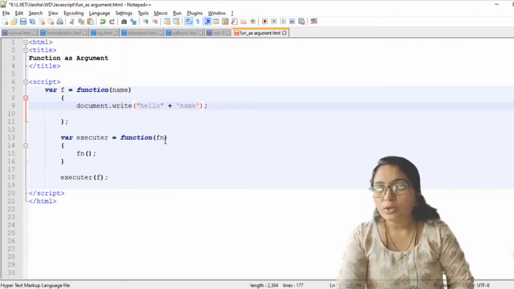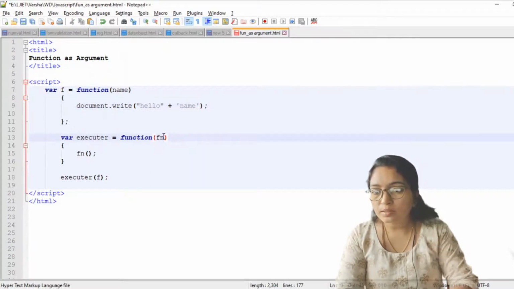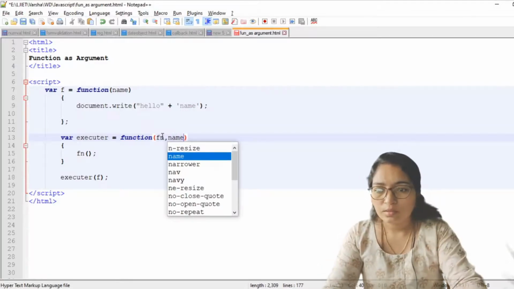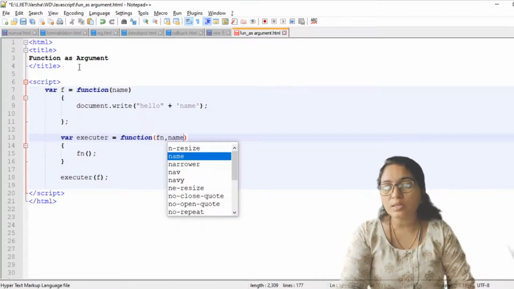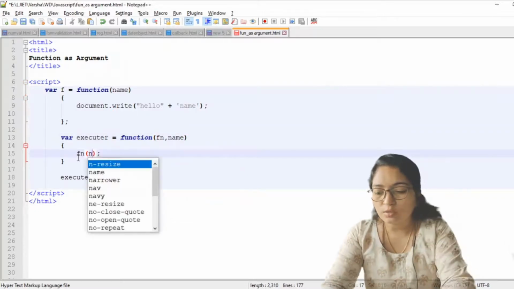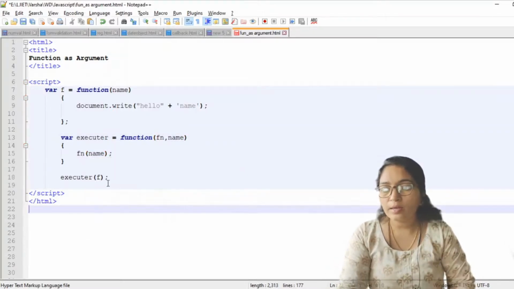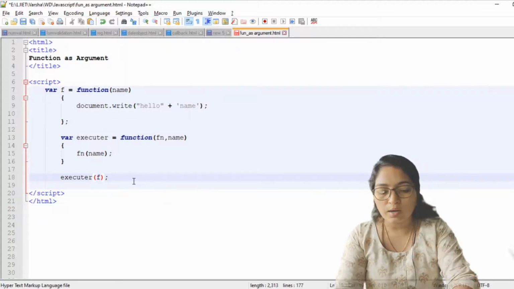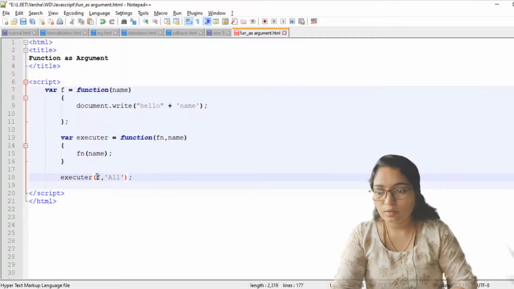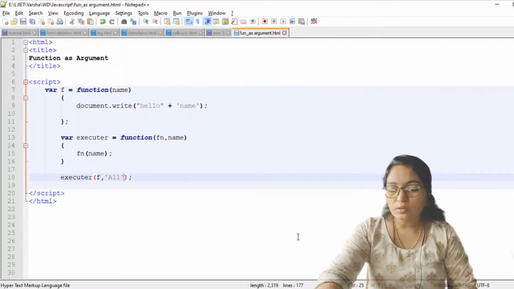Then here you have to pass name. It is not the same as this name. Now here the function name, and here you have to pass hello all.